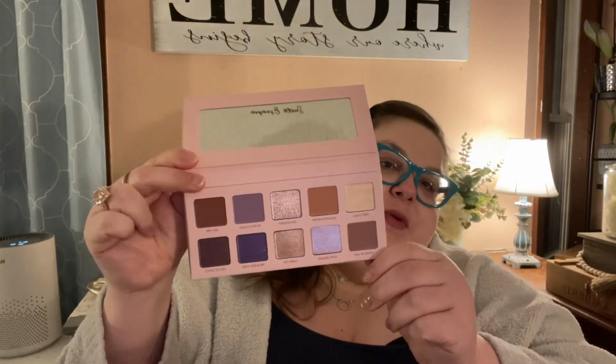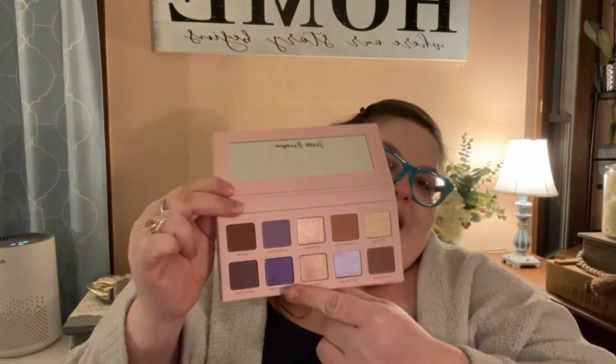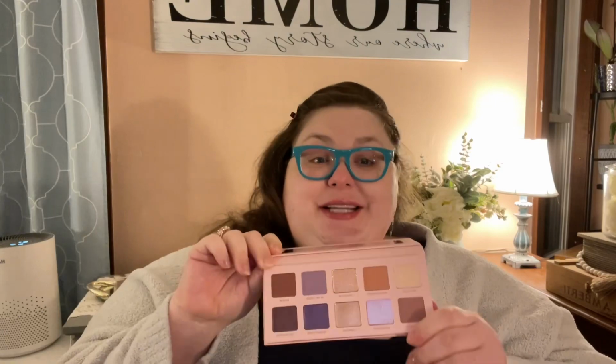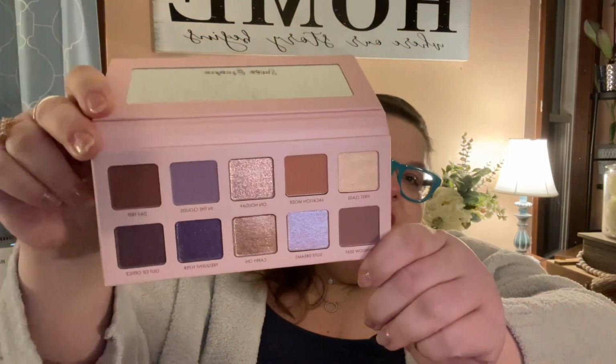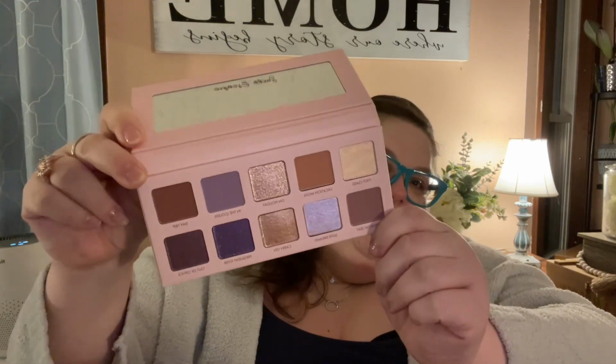They are beautiful browns, shimmery golds, and purples. This is a basic palette. You can do night looks and day looks with it. Look at that. So I will be using this and letting you know my first response to it. So be looking forward to that in this video. Next thing we have is Elm's